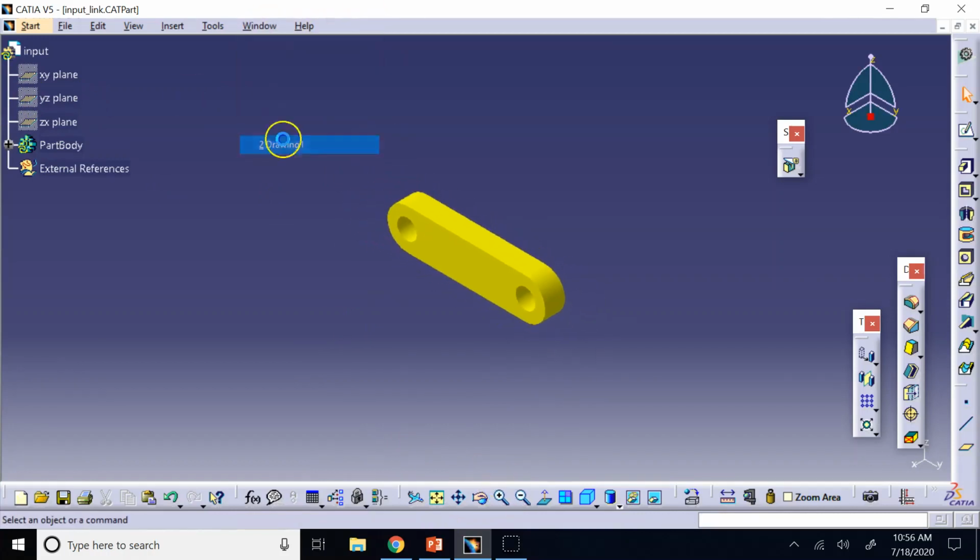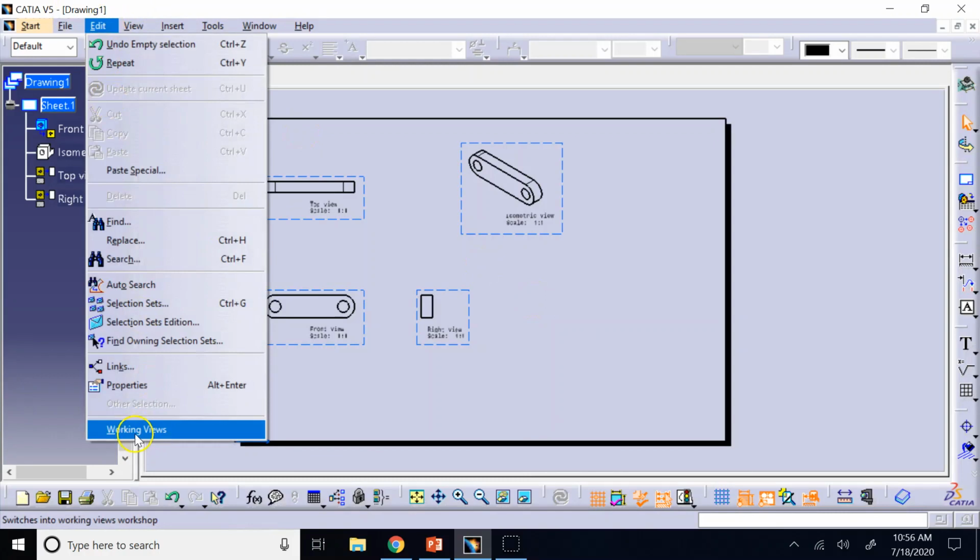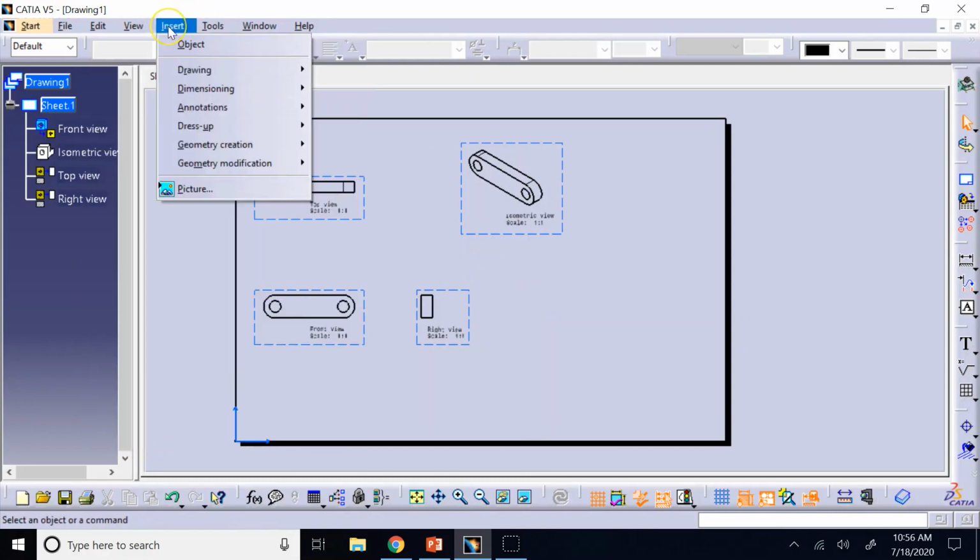The same thing applies for drawing. For drawing, you either can modify your views or you can modify the background, and frame and title block is a part of the background. So first I said, hey, show me the background. Then what? Now if I go under